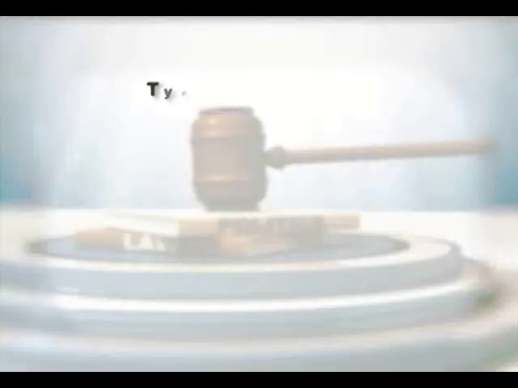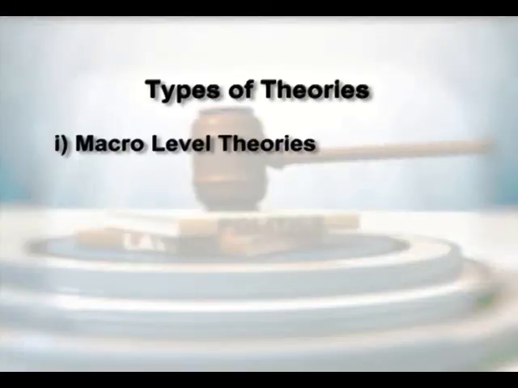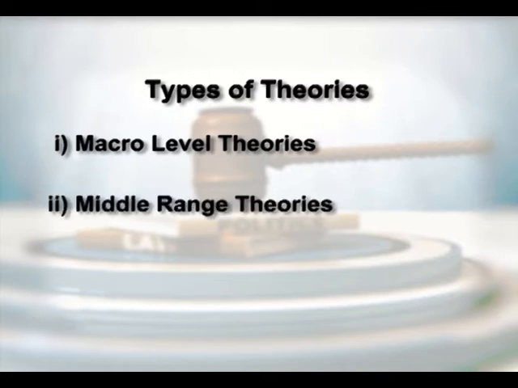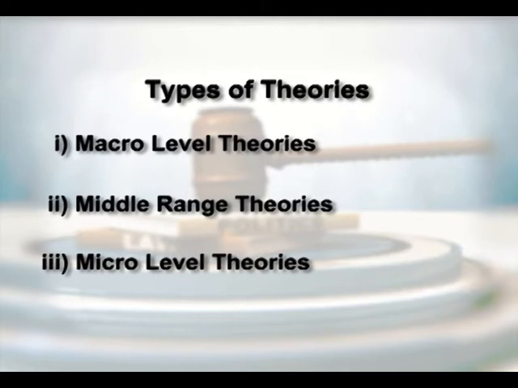Now, theories can of course be of various types depending on the range of issues discussed and on their objectives. They can be general theories or macro-level theories, or middle-range theories, or micro-level theories. Now, if we look at our area of political theory, we can find two broad strands of theory